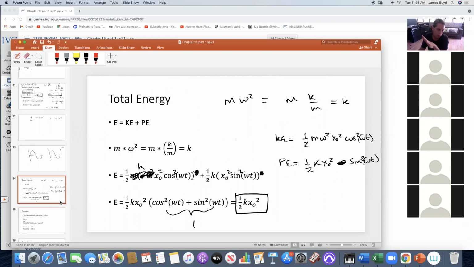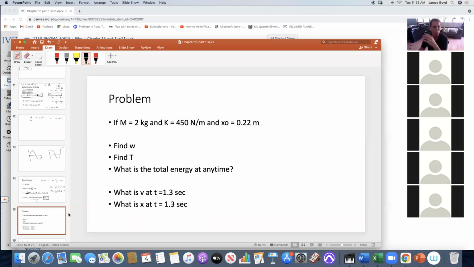So after all that, let's do a quick problem here. If we had a mass of 2 kilograms and it was initially at 0.22, so it's away from equilibrium, it was pulled that way. M is 2, K is 450, X naught is 0.22. What is omega? We know omega is the square root of K over M. So this is 450 divided by 2, which is